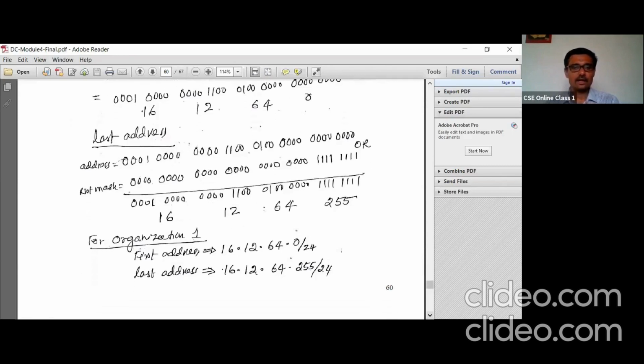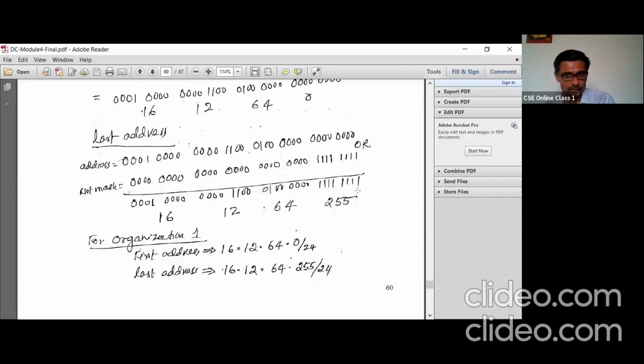Here, one point you have to remember: the starting address of the next subblock is the next address here. Which is the next address? This number is full. As I already mentioned in the last class, the largest number you can have is 255 here, which means all 8 bits are 1. Now, how do you get the next number? Add 1 to it.